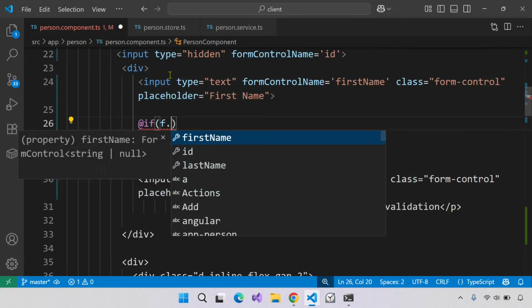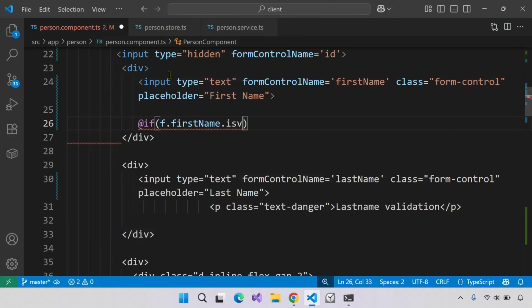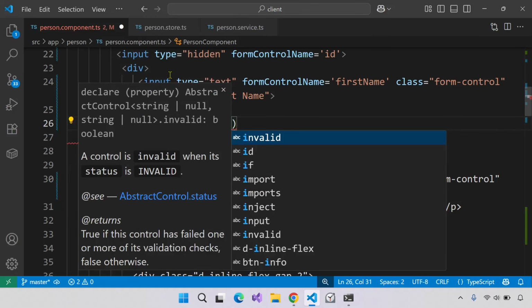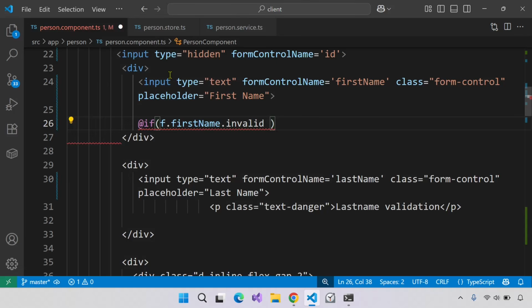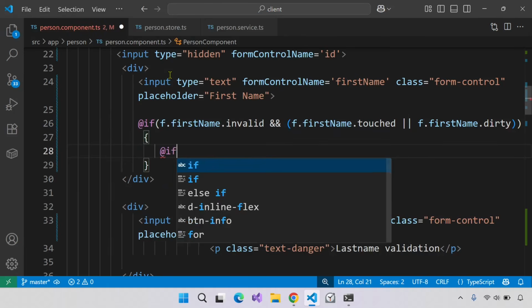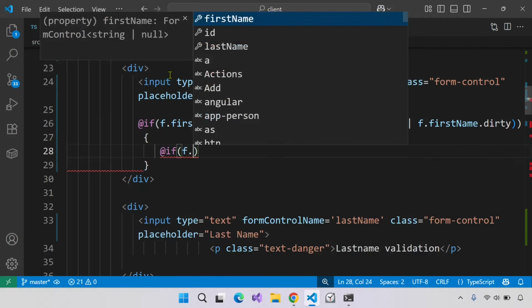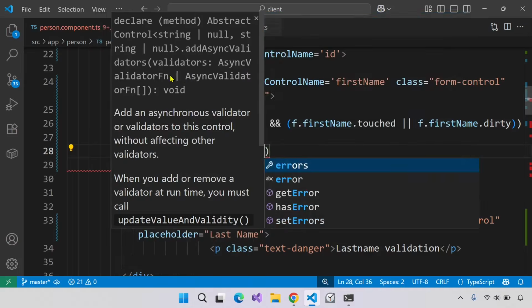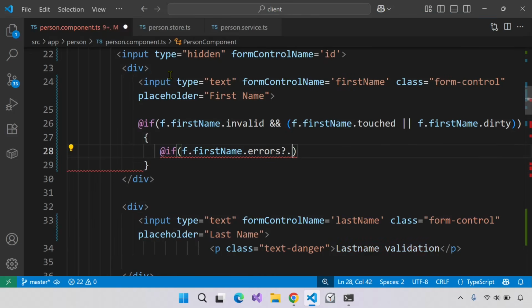If f dot first name dot invalid, not is invalid, just invalid, and f dot first name dot touched or f dot first name dot dirty, then we can display our error message. But we are going to check one more condition. If f dot first name dot errors, we are checking for the specific error. If this error is required,